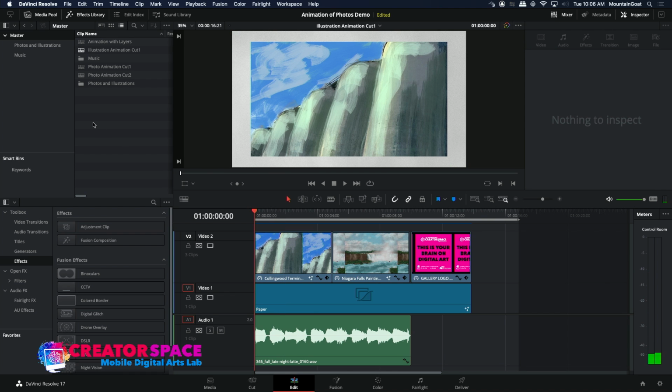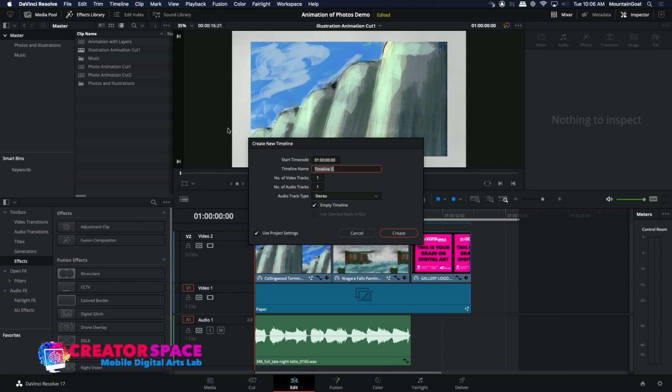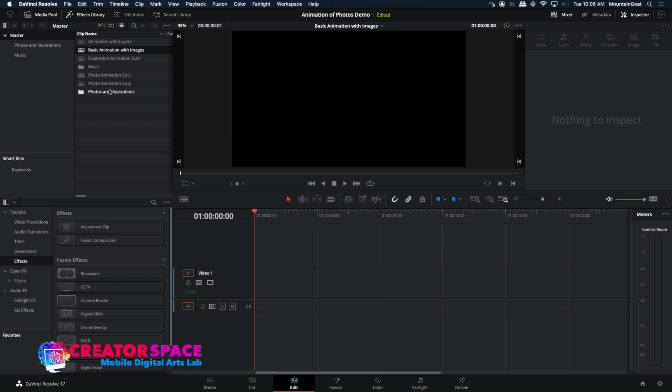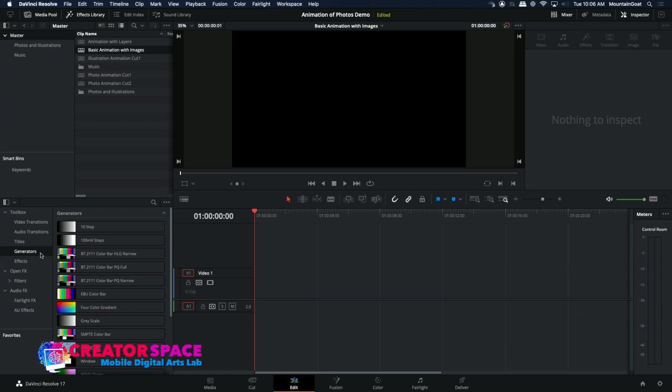So today what we're going to do is I'm going to start a new sequence. I'm going to go timeline, create new, and we're going to do basic animation with images. So we're going to create a whole new sequence here. So what I'm going to do first is I'm going to just put a nice solid layer. So under generator, I'm going to go over here to the solid color,